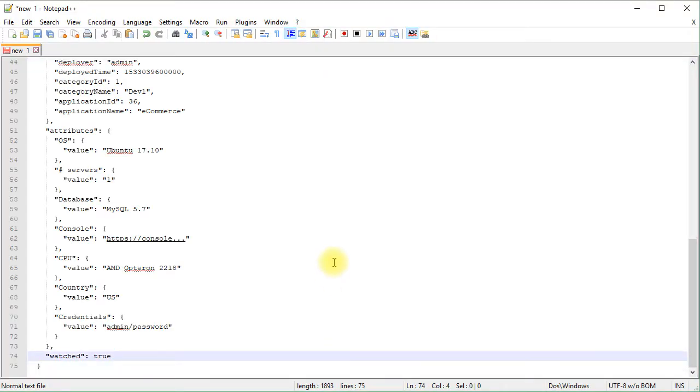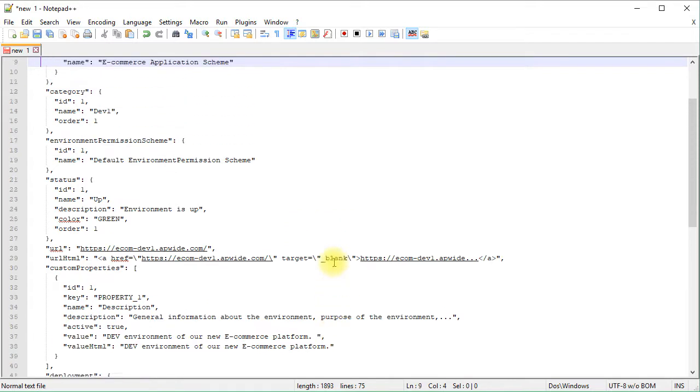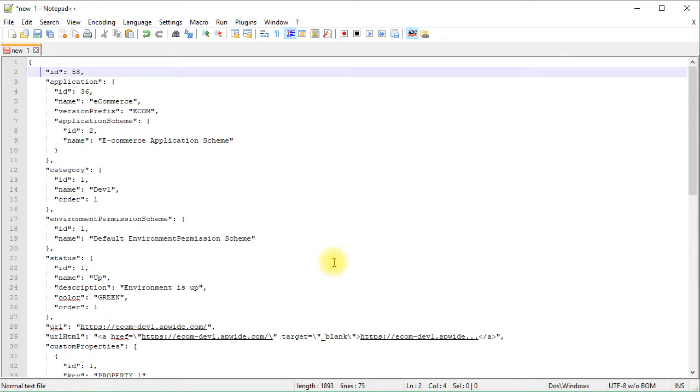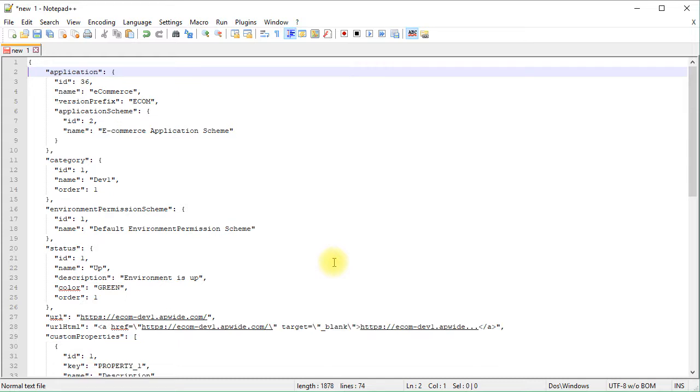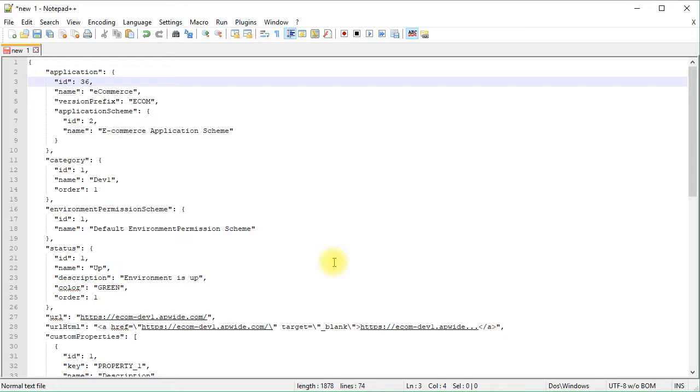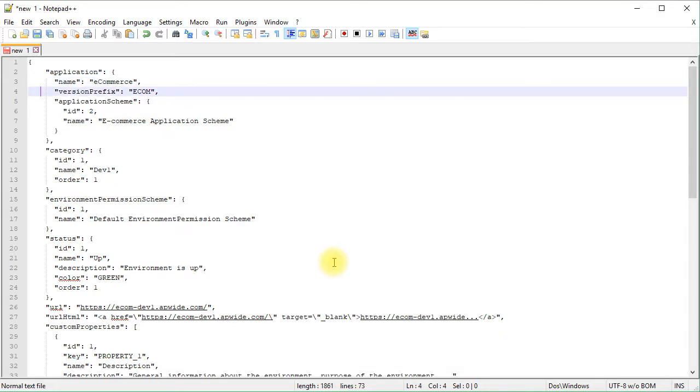So first of all, I have an ID. Now what I'm going to do is to clean this data, to change what I need, and then to reimport it back to create the dev2 and dev3 environments. Okay, so what I can do here is to remove some lines I don't need. In fact, I will keep only